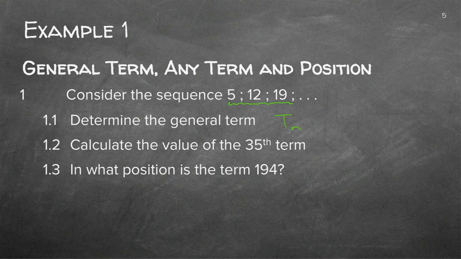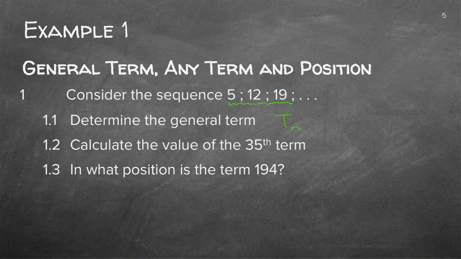So I'm going to go to a clean page and we're going to do it on there, and I'll repeat the questions as we go along. Firstly, let's make it 1.1. They want the general term, Tn. Now remember, when we've got our sequence, I'm just going to write it here so that we have more space. When we have our sequence, I need to find out. They did not say at all, or did they? Let's quickly go back.